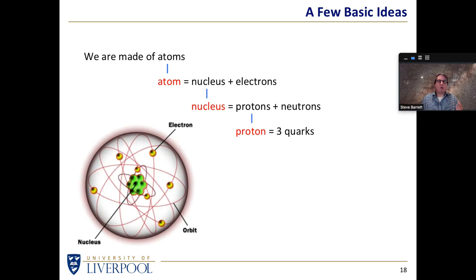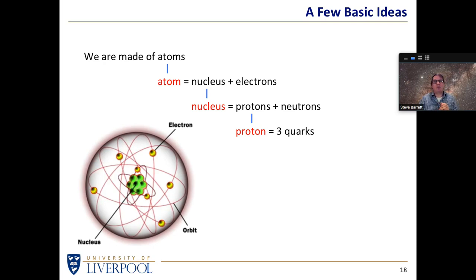Again, we don't have to worry about what the properties of these quarks are. All we have to worry about is the fact that they are fundamental particles which, as far as we know, you cannot take a quark and cut it in half and reveal its contents, as it were. So there's a group of fundamental particles. We happen to call them quarks. Bit of a funny word, but that's what they're called. And 3 of them make up a proton, as it happens. 3 of them make up a neutron as well, but I'm just trying to indicate that we have this hierarchy